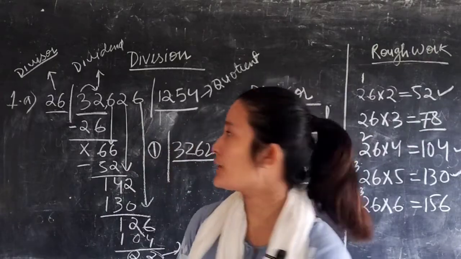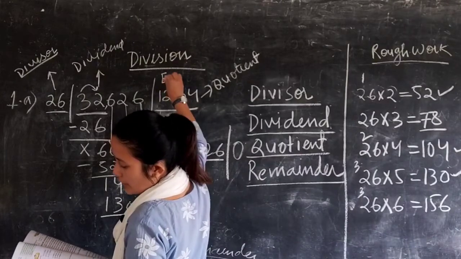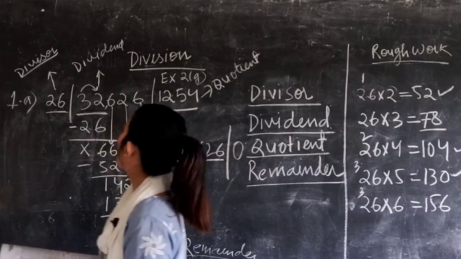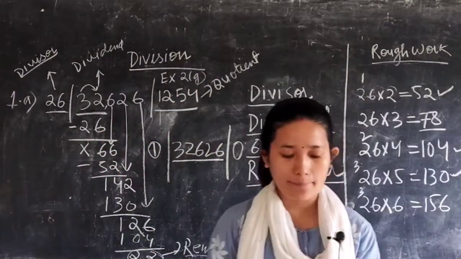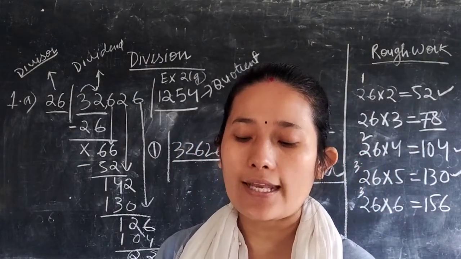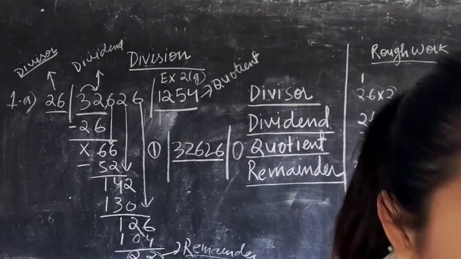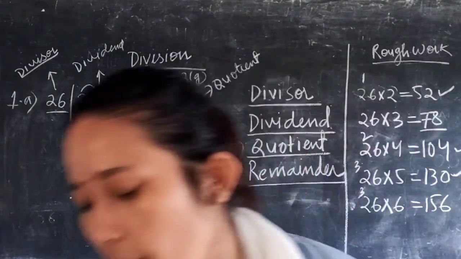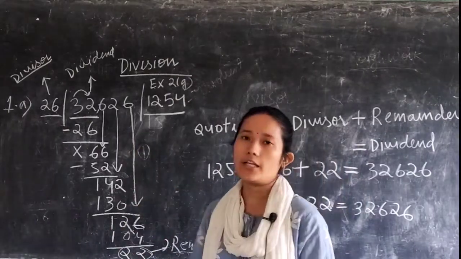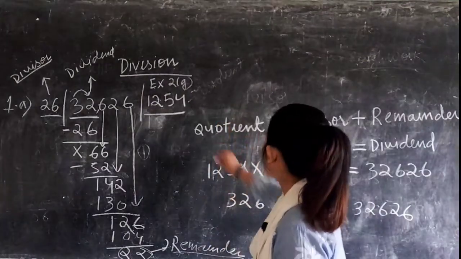Okay, so I have showed you this example from exercise 2G, question number 1A. According to that question, we had to find the quotient and remainder and also check the answer. Now, how do we check the answer? For that you have one formula, which you have to learn also. Let's check whether whatever division we have conducted, whether the answer is correct or not. Now, in order to check that, we have to learn this particular formula.